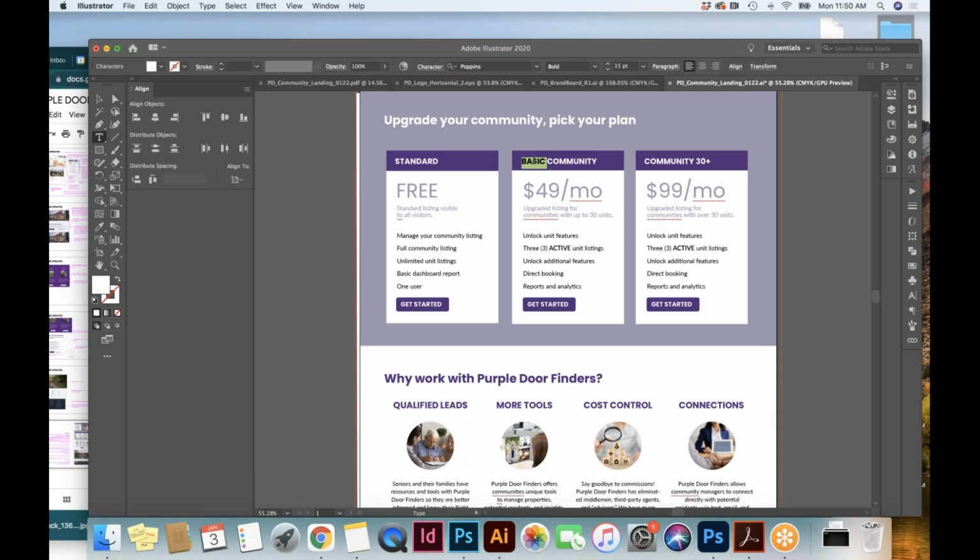I like just standard and then communities with the number 1 to 29. Community plan, community 30 plus plan. Standard community plan. I don't know, that feels weird.